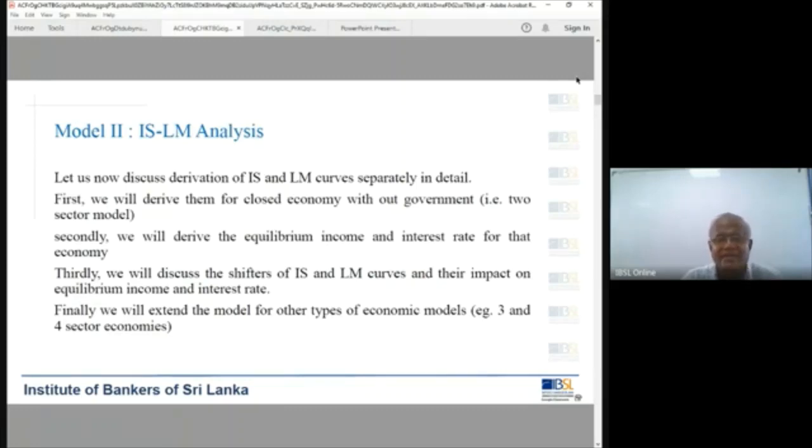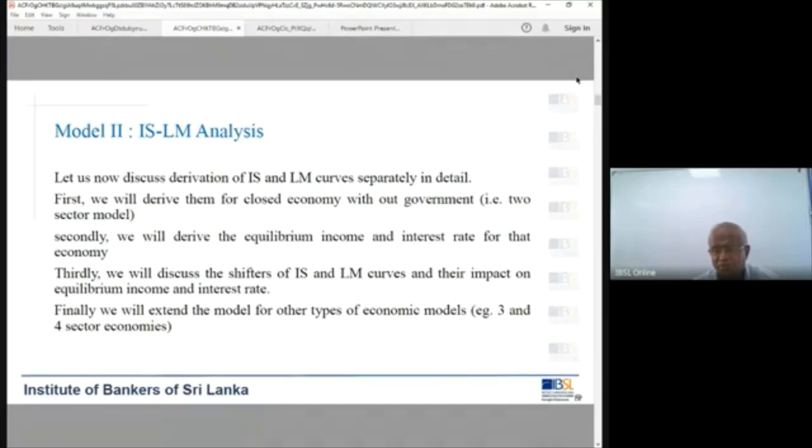Right. Now discuss derivation of the IS-LM curve. How to derive the IS curve, how to derive the LM curve. The IS curve is downward sloping, the LM curve upward sloping. Now we are going to see mathematically how to derive them. First, we derive these. After that, we will discuss policy shocks: how to analyze and incorporate the different policy shocks, either fiscal policy shock or monetary policy shock.